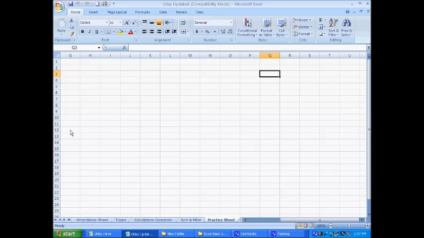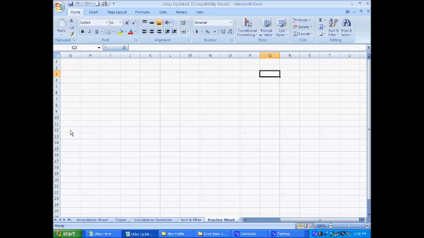You will observe whenever I press Tab, it goes to the next column. Right now it is in R column. If I press Tab, it goes to S column, T, U. Again if I press Shift Tab, it returns to T column, S column, R column, Q column.